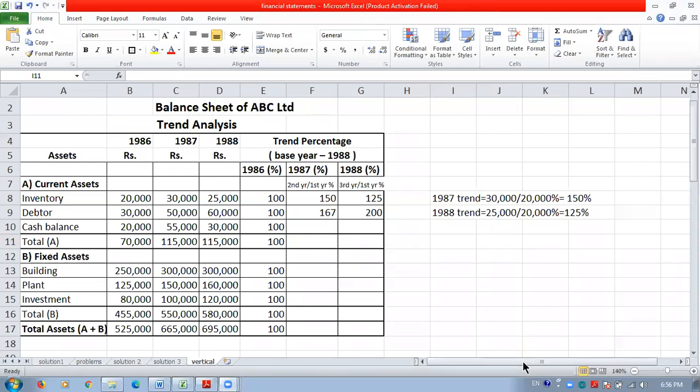Otherwise, you will spend more time with calculations only. If you are not used to the calci, then it is very difficult to score in exams, because when you use the calci all the time, then you will be used to it. Even with your eyes closed, you can put the numbers on a calci and get your answers. So that much practice should be there for an accountant.